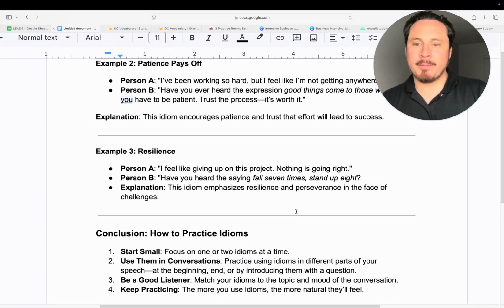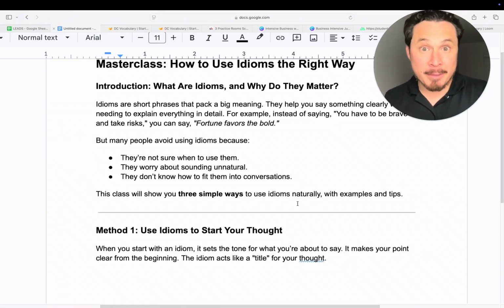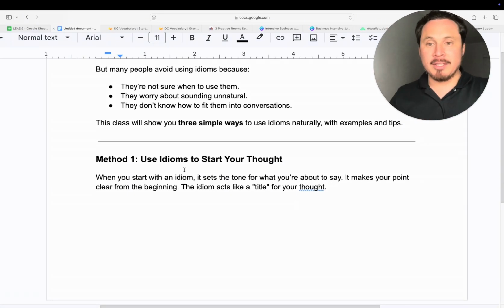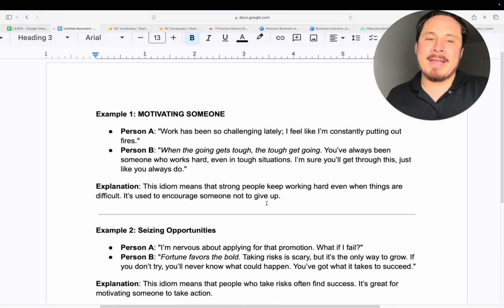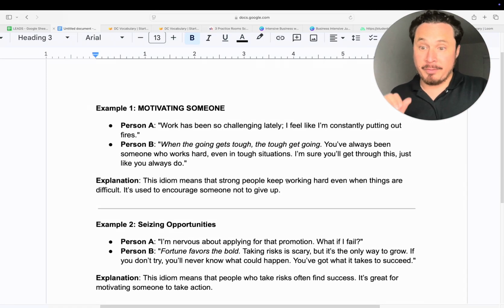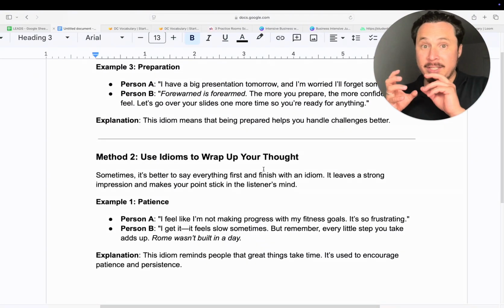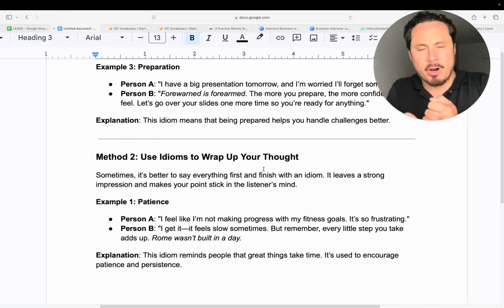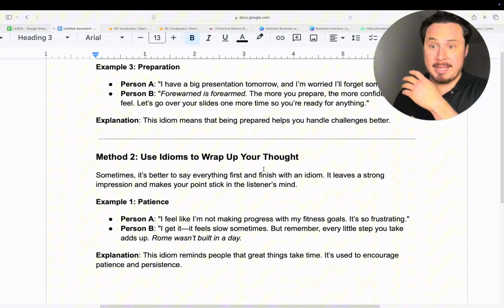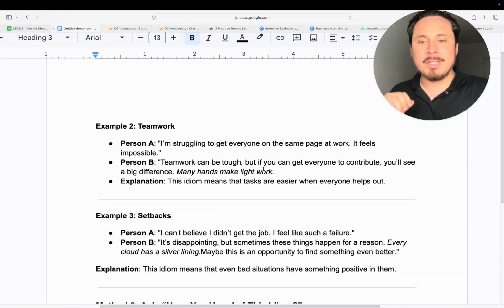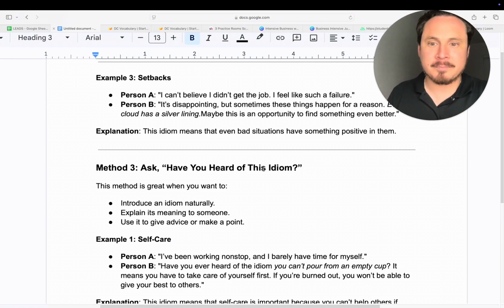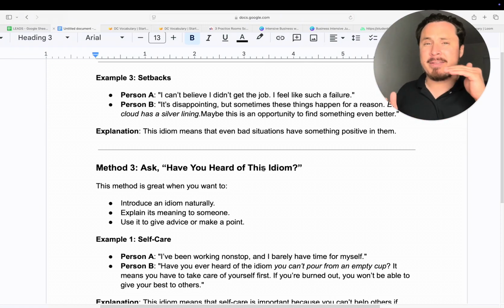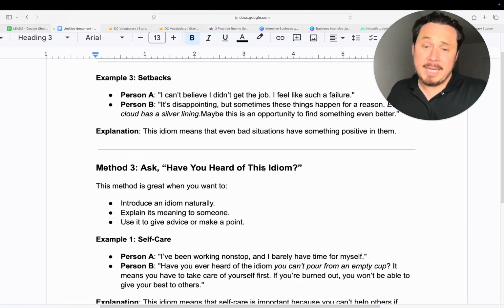So what have we seen, my students? We've seen 3 secret methods of placing idioms. The title idiom, which goes in the beginning, right? And you express your thoughts afterwards. We've seen the second method, which is using idioms at the end to make your point stronger and to signal to the other person that it's their turn to talk. And we've seen the third method, which is asking, have you heard of this idiom? Et cetera, et cetera. Right? And that's used to give advice, to make the advice softer, not too direct. And at the same time, someone may learn an idiom or two, which is interesting.